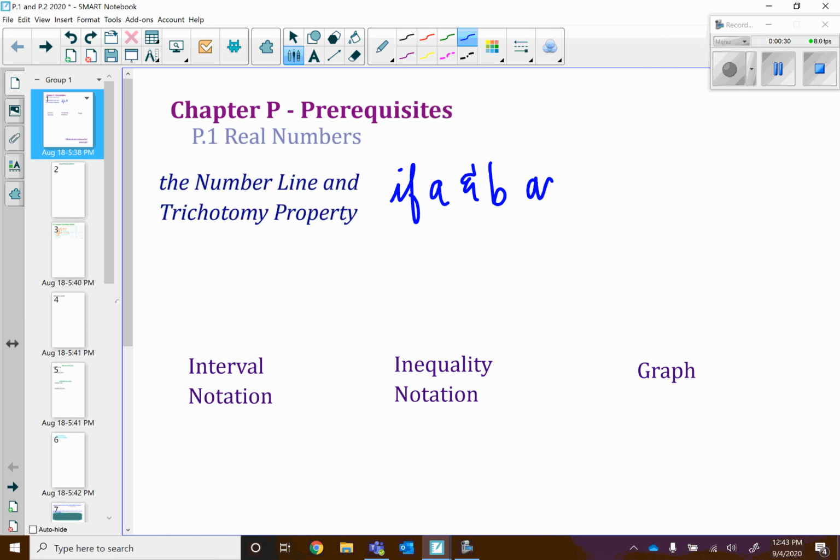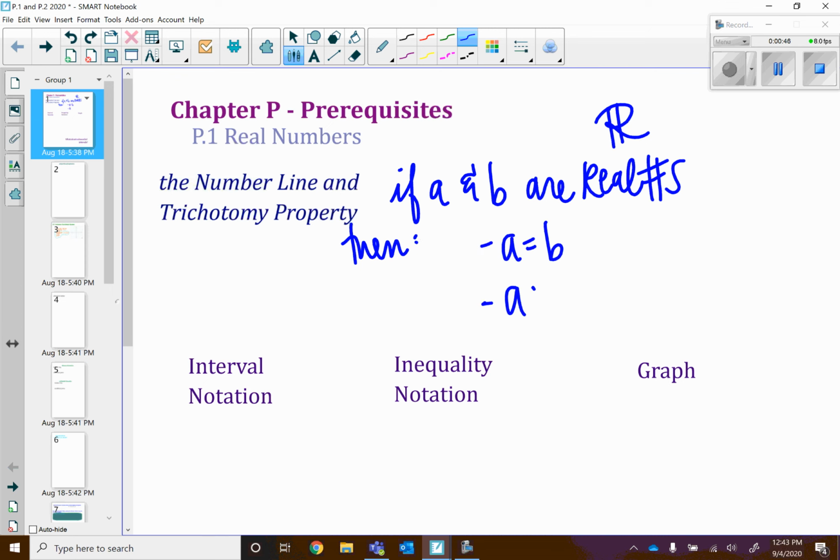So the first thing is the number line and trichotomy property, which says, if A and B are real numbers. So the symbol for real numbers is that fancy little R. Then there are three things that can happen. Either A is equal to B, A is greater than B, or A is less than B. Now this might seem very simple, but it kind of is a pretty big deal. That's basically saying for any two numbers, they're either the same number or they're different, and one is greater than